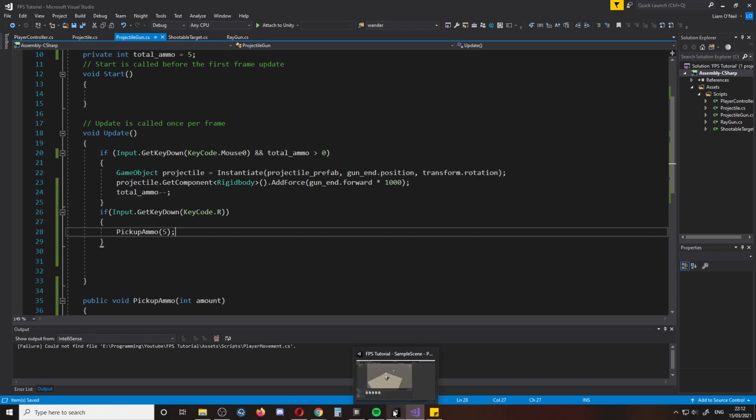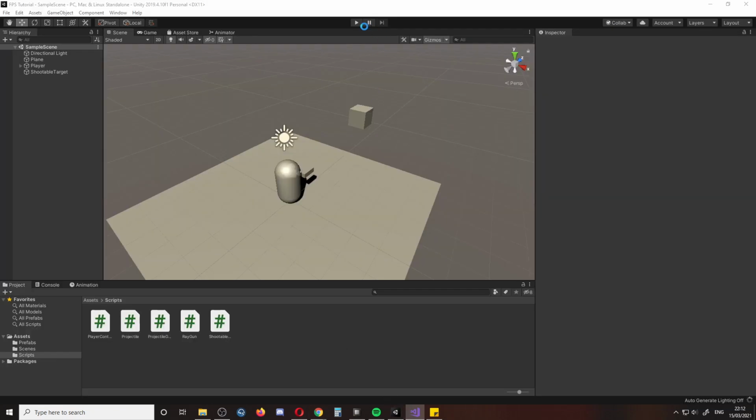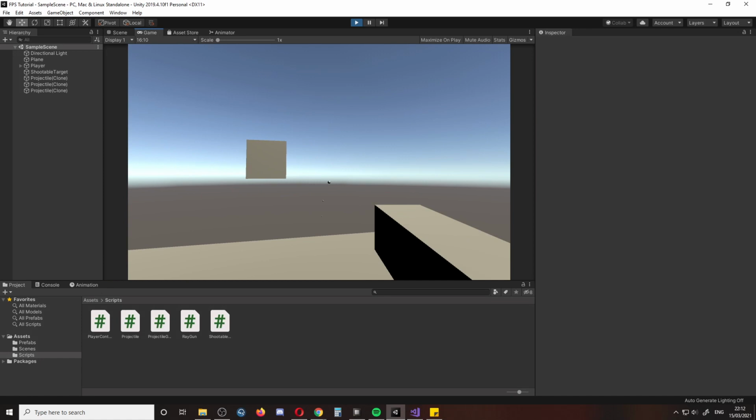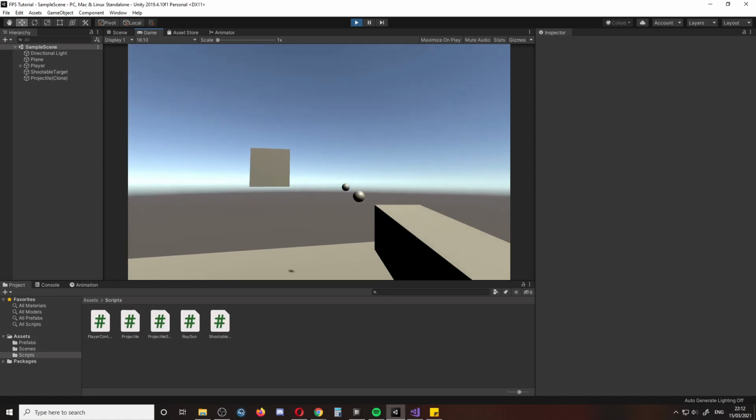So now what we can do is we can shoot 1, 2, 3, 4, 5. Can't shoot anymore, but then I hit R. See? So you can keep reloading and keep shooting. And if you want, you can reload multiple times. You could hit R, which I guess maybe was a poor button, because we're going to use that later